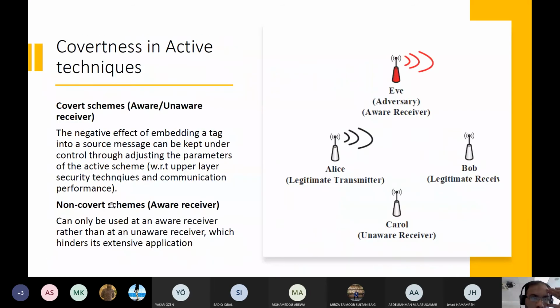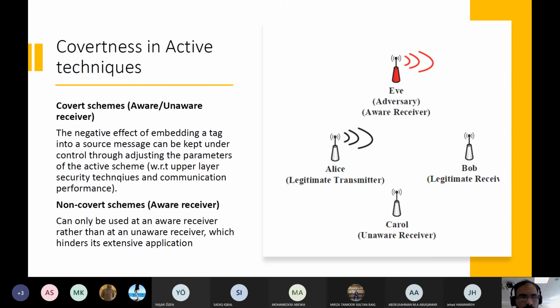There is a trade-off. There is always a trade-off in different parameters. Because covert techniques reduce the bad effect, you can use them with any receiver, either a receiver Bob who knows the method, or a carer who has no idea which method is used.